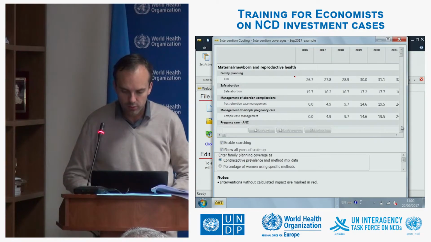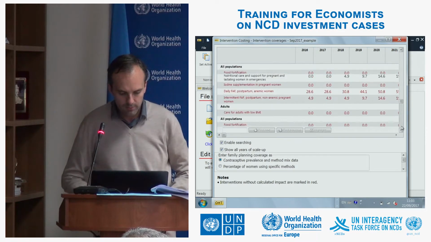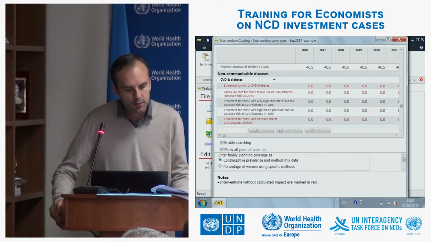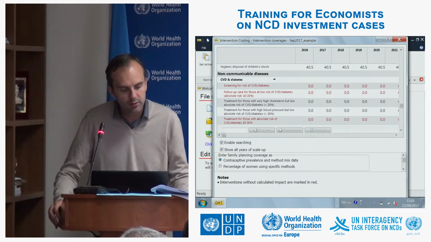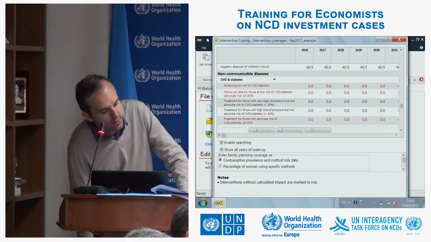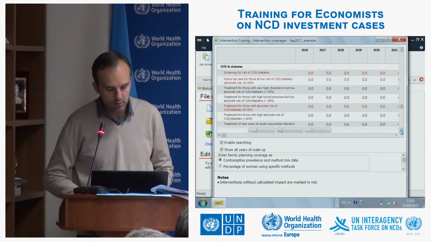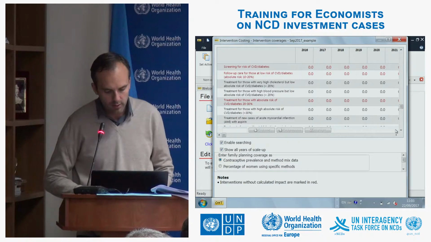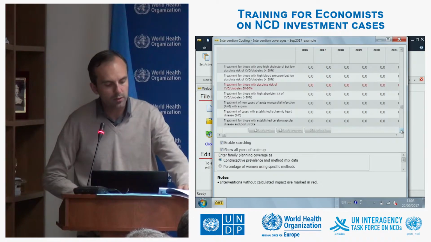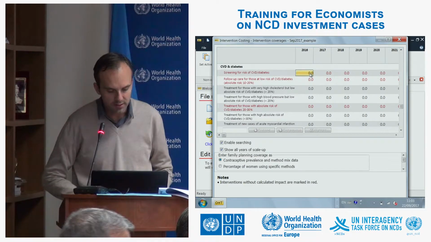Starting out with maternal and child health, you have to scroll almost all the way down to NCDs. Yeah. So in this country, there's a plan to scale up mainly management of diabetes and cardiovascular disease. And so we have these interventions here that show up as being treatment for diabetes. But we are going to say that we're focusing on the first ones that you can see nicely enough